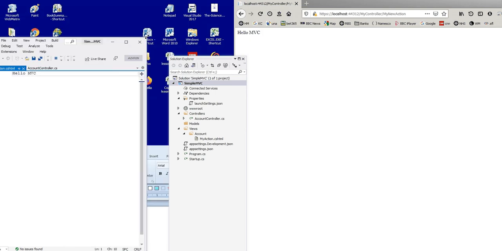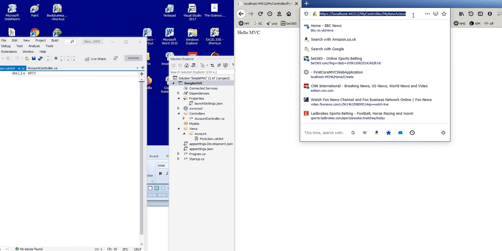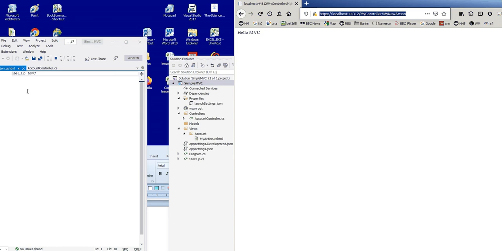We haven't mentioned model yet, and we'll do that soon. We'll introduce model, which introduces data. Also, I'm going to show you how to do a post as well. So far we've been using our URLs to access the function. The other way of doing it is by using what we call a post. So far we have been using what we call a get, and we'll use a post